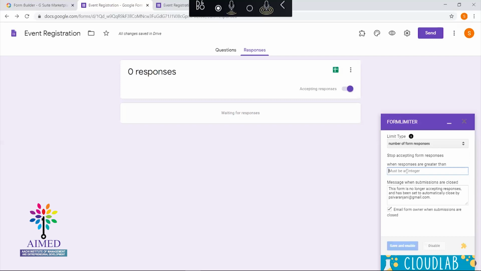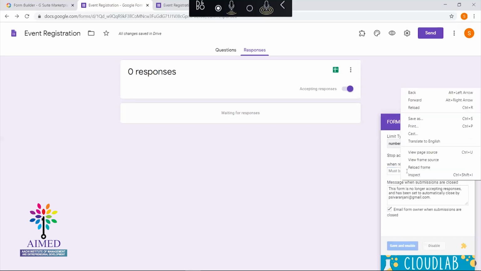Then you need to give the response number as n minus 1. If you want to limit by 50, you have to enter 49. Otherwise, whatever number n you have entered over here, that number plus 1 responses it will accept.